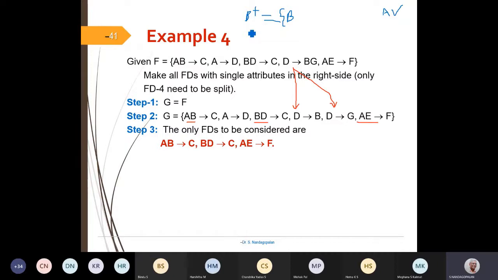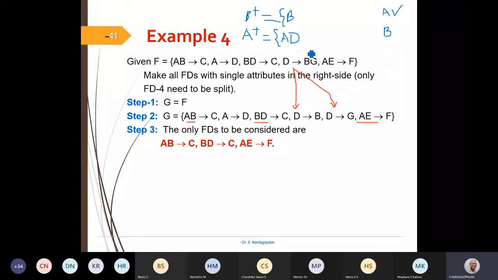OK, next B. So I'm left with A. I want to check or test whether I could remove B. So A plus, I need to find out, so A, and see whether it contains B. A arrow D, A is a subset of the current A plus, and hence I can add D. And D determines BG.